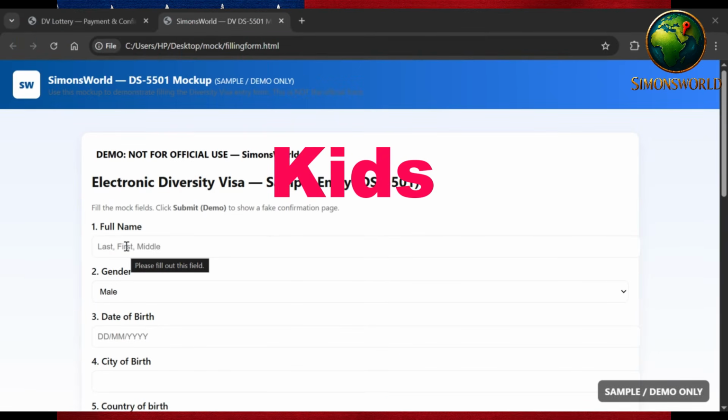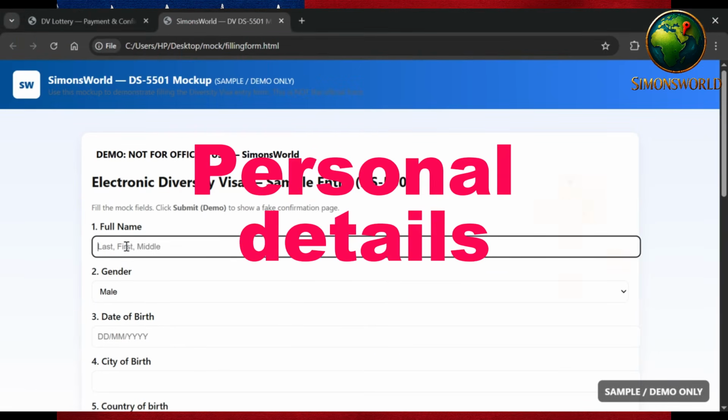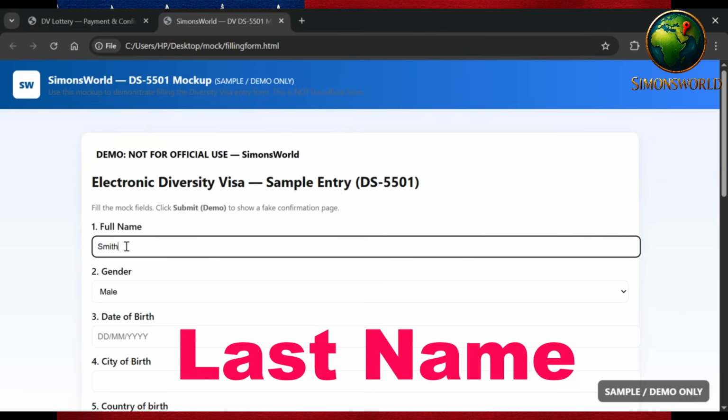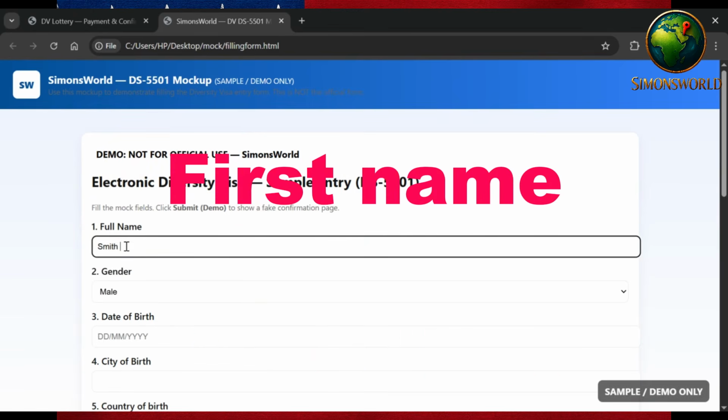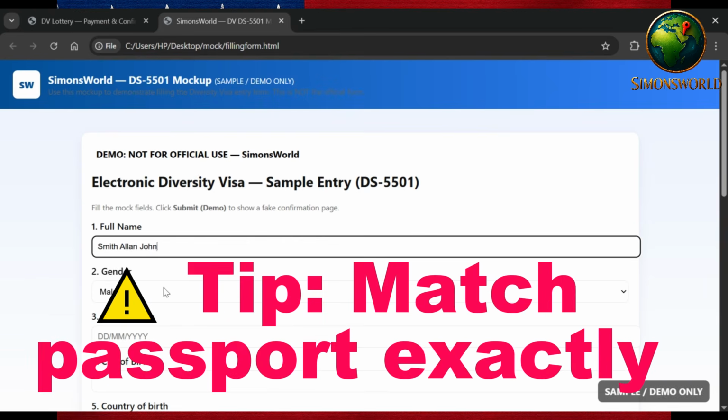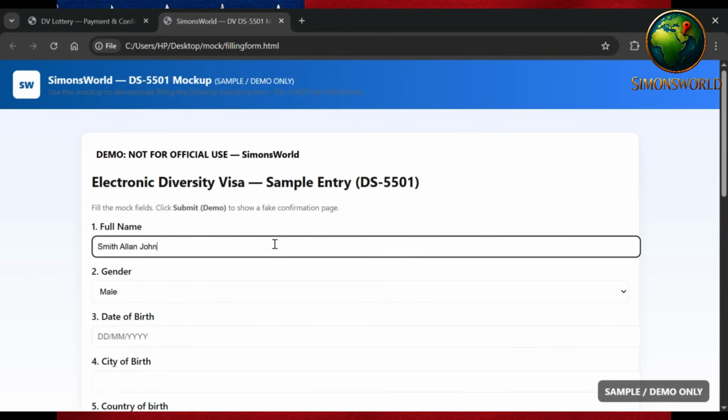So, first section. This is where you fill in your personal details. You start with your name. Here, enter your last name, then first name. The middle name comes last. And you should do this exactly as they appear on your passport. If you don't have a middle name,